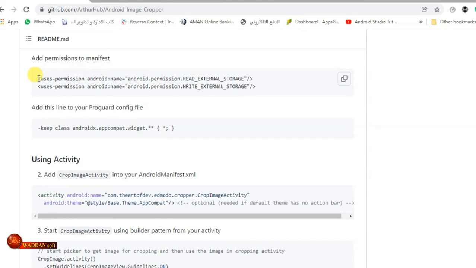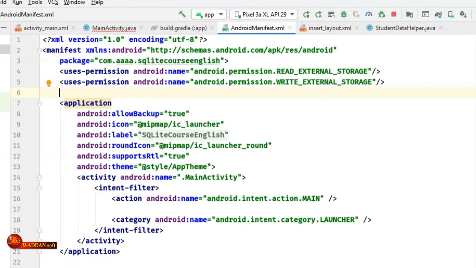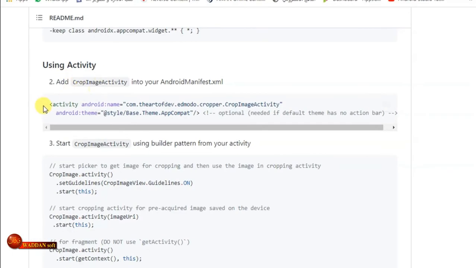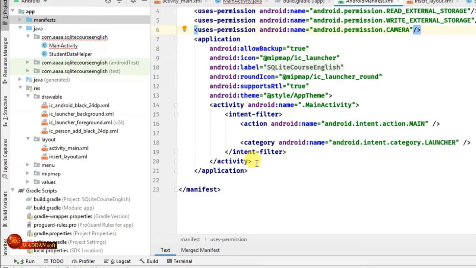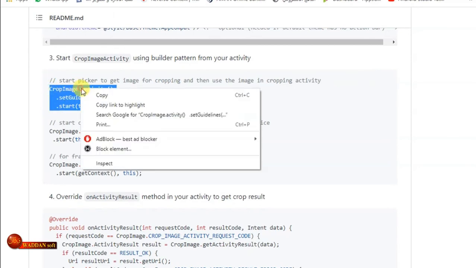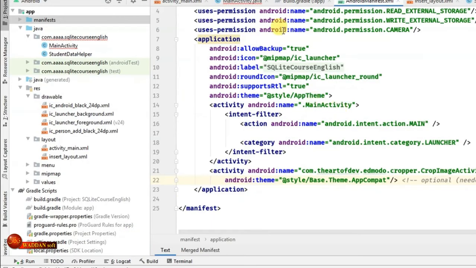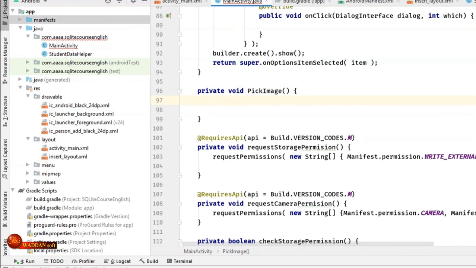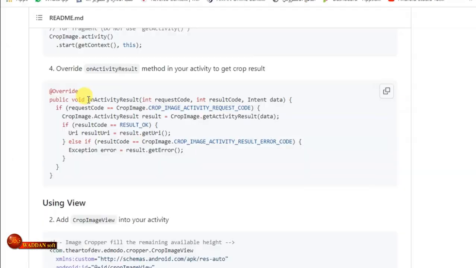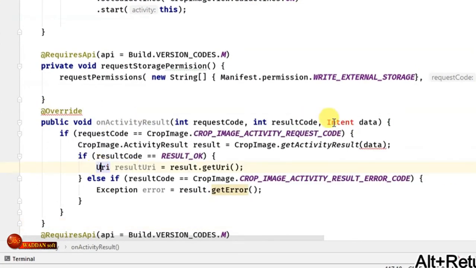And we'll copy the permissions to the manifest file here, and we'll add camera permission as well. So uses permission and camera, and we'll add this activity to the manifest. So here, and we'll copy this and I'll paste it in the big image here. Import class and import class, and finally I'll copy the onActivityResult in the main activity. Okay,